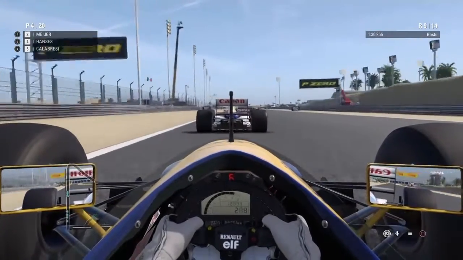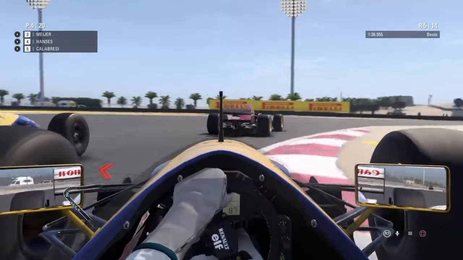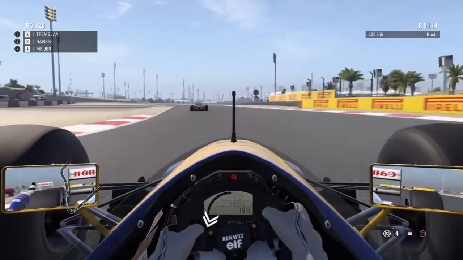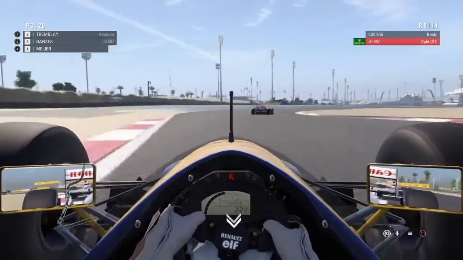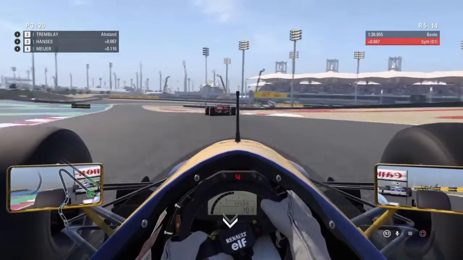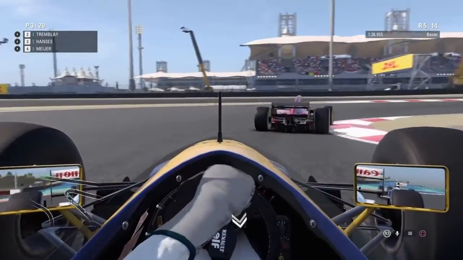But we are not really gaining as much as I would have liked, so we are diving down the inside and we are not able to make the move stick just yet, although our better traction helps us there, and we were able to make the move stick. Next up is the Ferrari, and we know we are probably a bit quicker compared to him, and